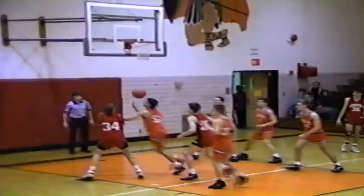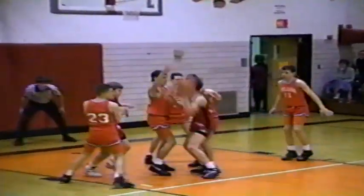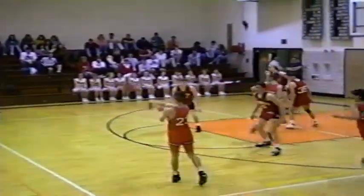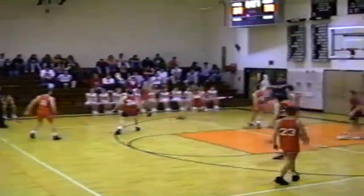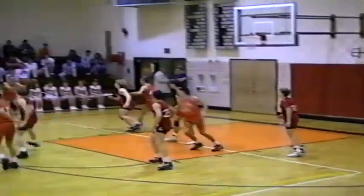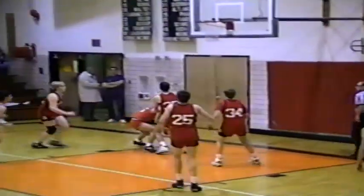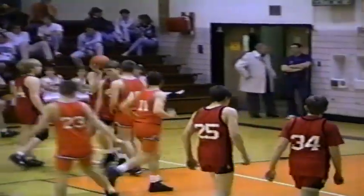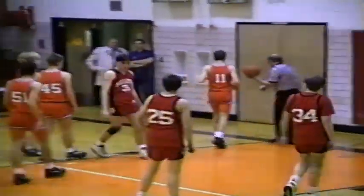Here's a shot from outside, no good. Rebound tipped around in there and gathered in right in the paint. Kid puts a shot up, no good. Rebound comes down here to the Trojans, who will set them up. This is Andy Motter with the basketball. We have Laskoski in over there for Shadle, and now back to Laskoski. Inside is Wegner, and here's a bounce pass on the baseline for Chad Cucker. He has the ball stolen away from him, and then a walk called as the young fella started back with it. But anyway,